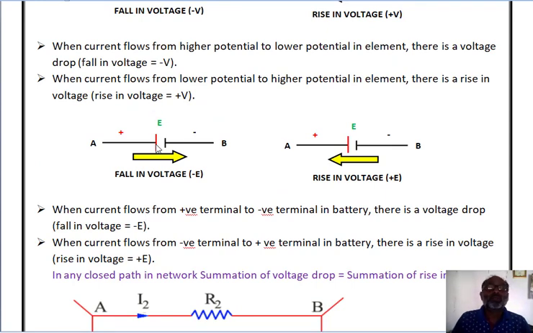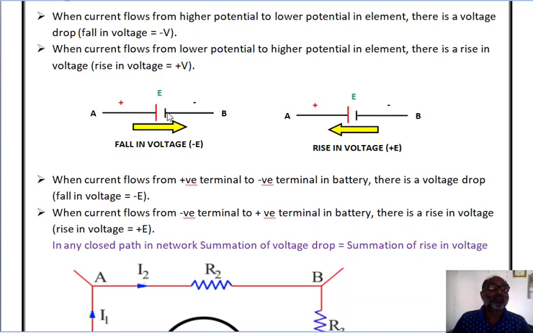Now already I told you the networks have active elements also. So let me see what will happen. So now here we are taking one battery. A terminal is positive and B terminal is negative. So in the same way,